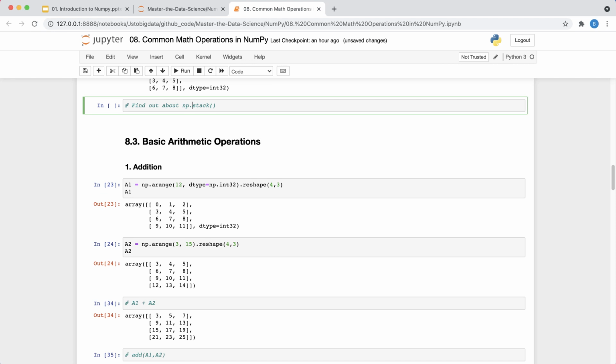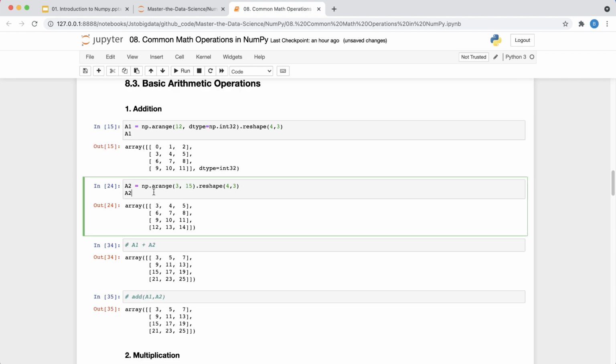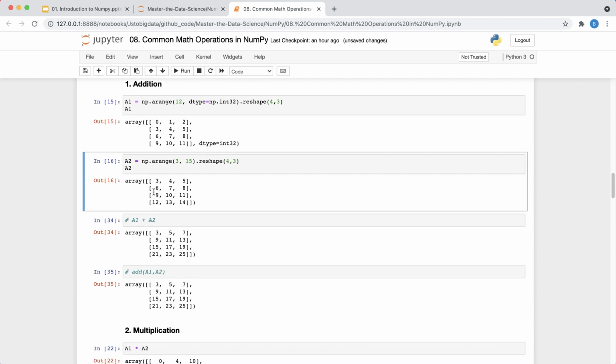Now we'll get into certain mathematical operations and we'll see how you can deal with matrix multiplications or additions and things like that. Let's say I have one array called A1. So you can see it's a 4 by 3 matrix, and then another one is A2. It is again 4 by 3 matrix.